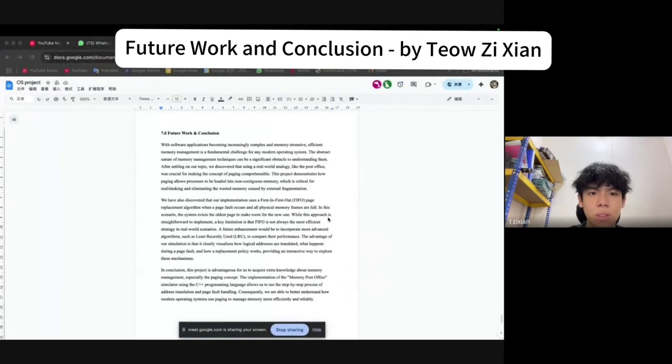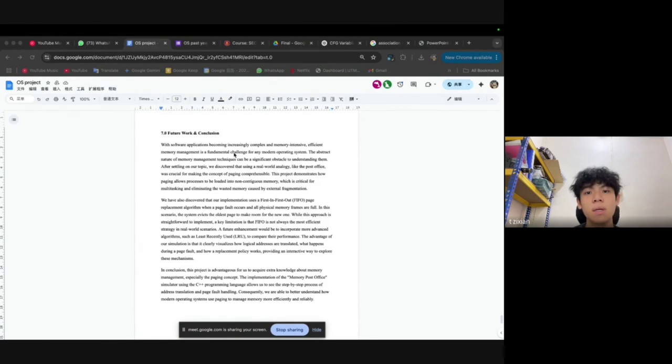Now I'm going to proceed to the future work and conclusion. With software applications becoming increasingly complex and memory intensive, efficient memory management is a fundamental challenge for any modern operating system. The abstract nature of memory management techniques can be a significant obstacle to understanding them. After settling on our topic, we discovered that using a real-world analogy like a post office was crucial for making the